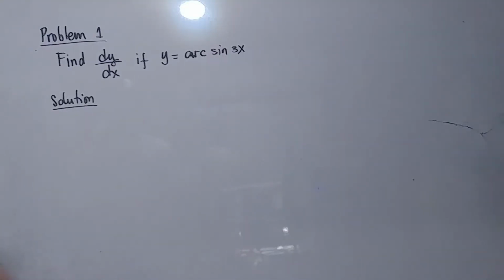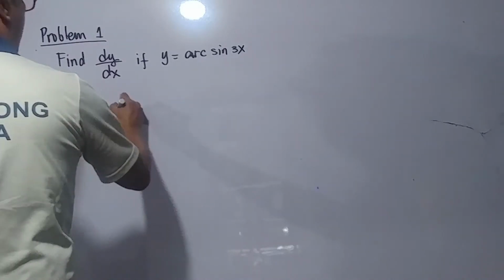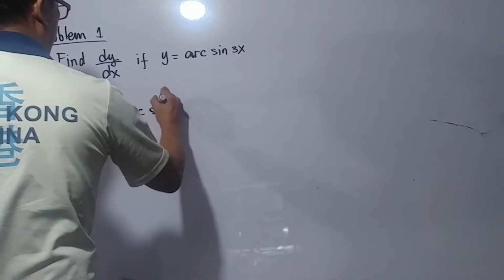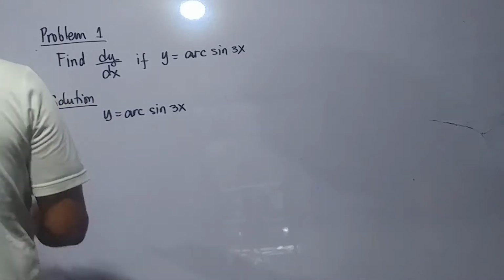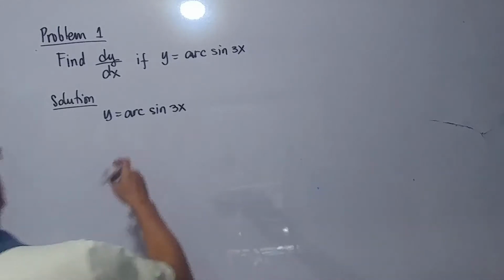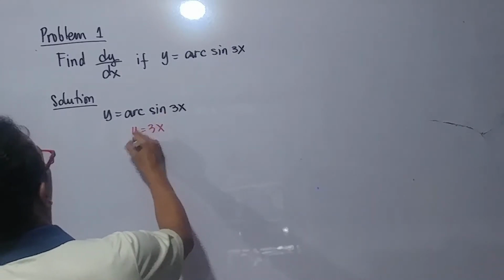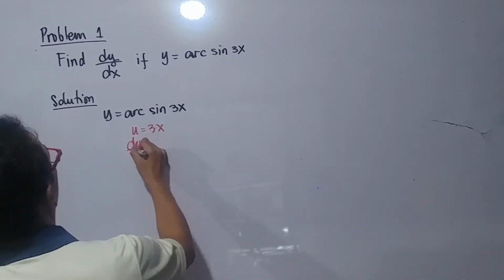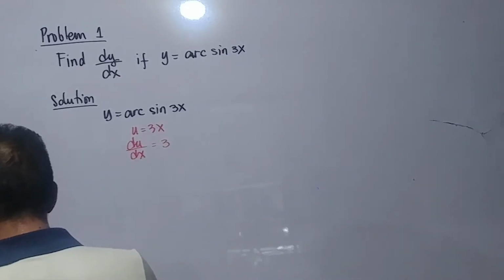So, find dy dx if y is equal to the arc sine of 3x. So here we have y equals the arc sine of 3x. So our u here is 3x. Our du dx is 3. And our formula is